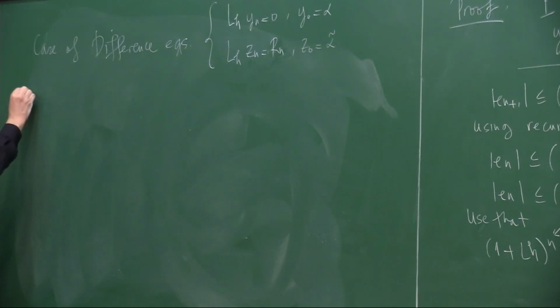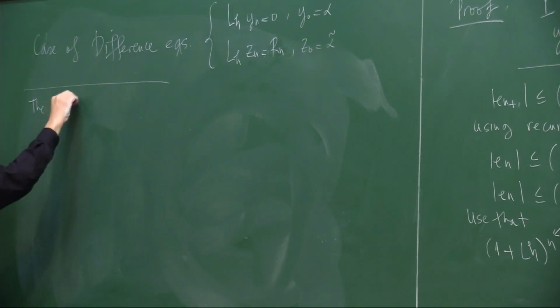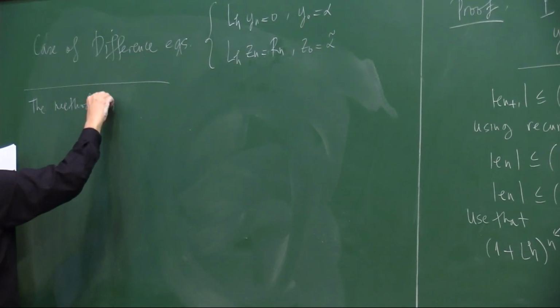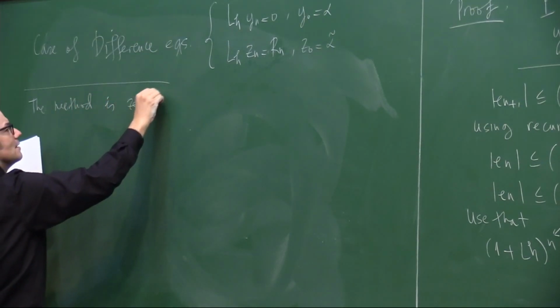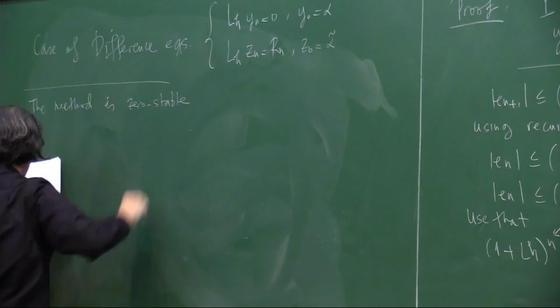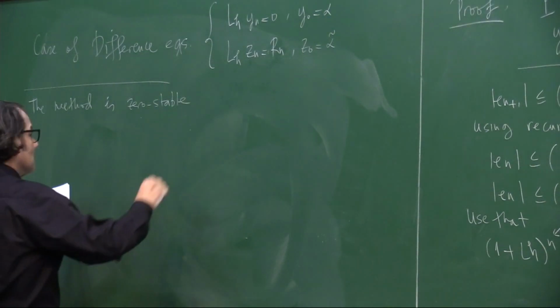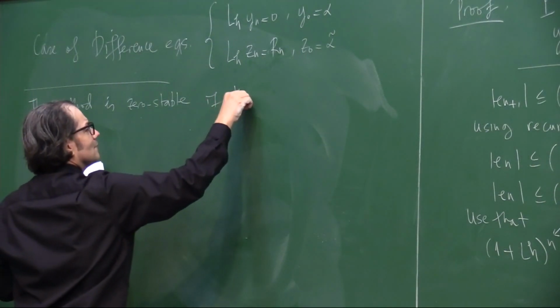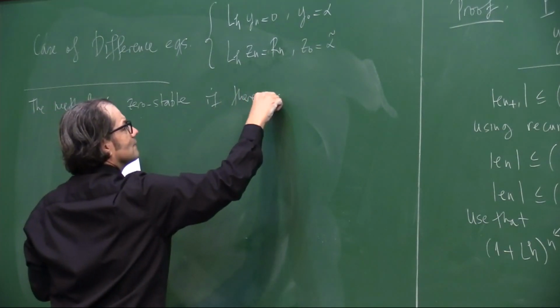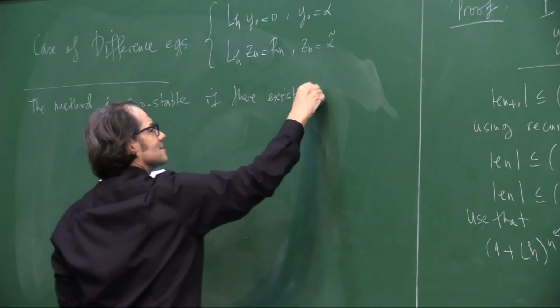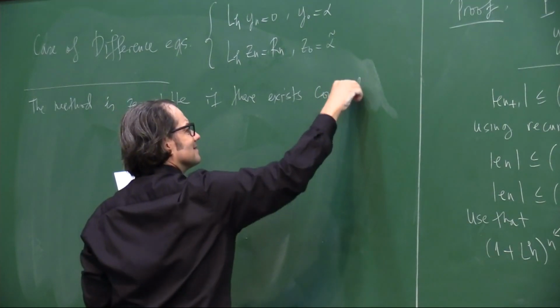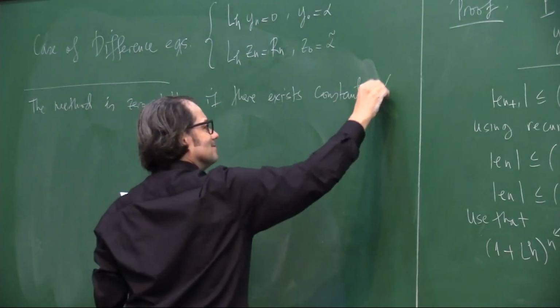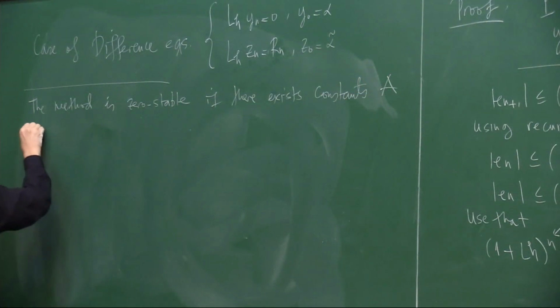So cool. So okay. So then we say, okay, now the definition. So we say the method is zero stable if there exist constants A and H naught, so that